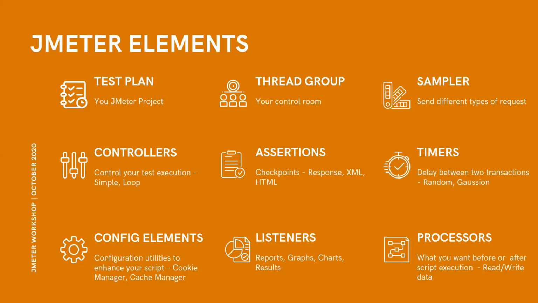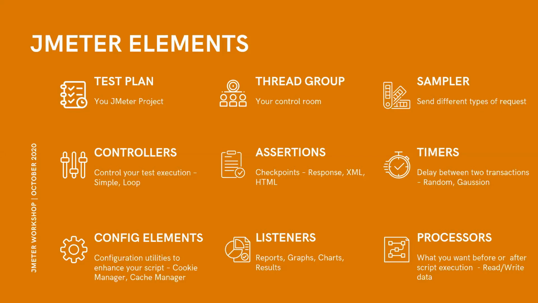So what we do is we use timers to create the delay. JMeter has different types of timers, like random, Gaussian, etc. Another thing is config elements. There are so many things that we need to configure. Like we can use the cache manager. With each new iteration, with each new execution, I want to clear my cache, because every user will be working on a different machine. So they won't have any cache available when they are surfing that site for the first time. Similarly, we have the cookie manager, and there are lots of different config elements. We'll see them one by one.